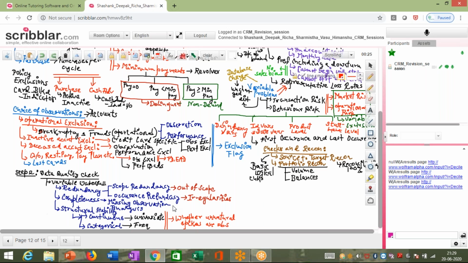When I say it is removed, this variable is removable